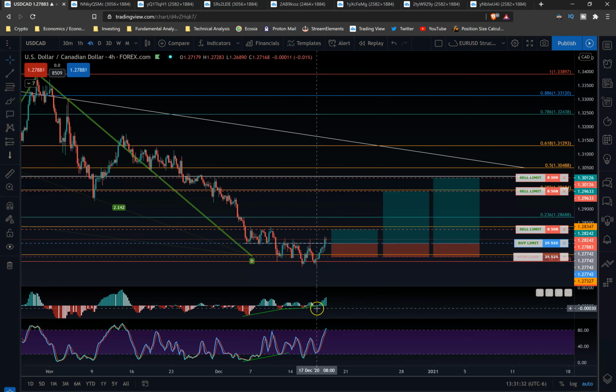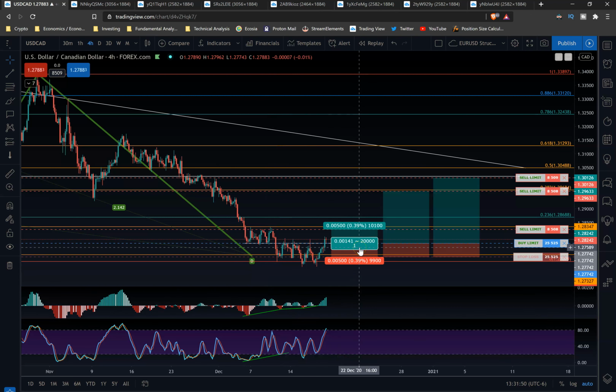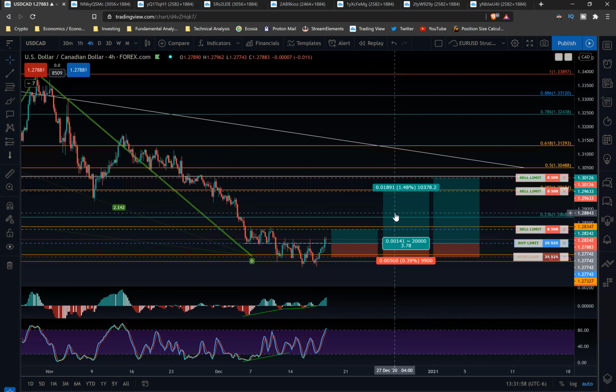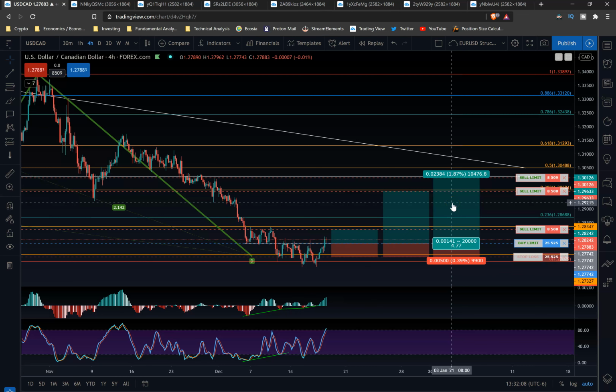Triple MACD or even quadruple MACD hidden bullish divergence, where the negative momentum on the MACD has been waning. When I first got in, I had some hidden bullish divergence, but it didn't play out. So, as you all know, I got a 50 pip stop loss. My first scale out is at 50 pips, which would give me a 1-to-1 RR. My second one would be a 3.78 RR. I have the scale out just below the 382, and my third scale out plan would be a 4.77 RR,